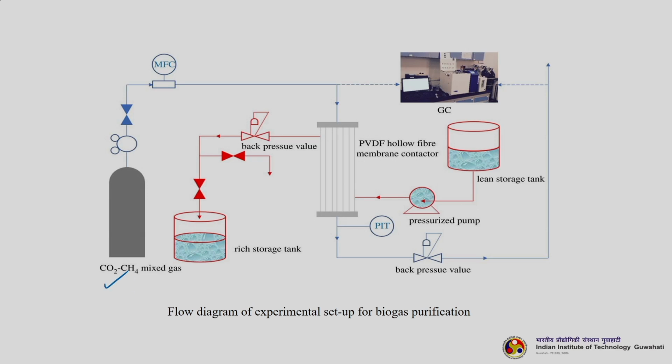You see the carbon dioxide-methane mixed gas is being fed to the membrane system, which is fitted with PVDF hollow fiber membranes. Then you can see the lean storage tank, the feed is coming here, and whatever comes out on the permeate side is collected here. The gas after removal goes through this one, then you can collect it here and measure it through the GC or HPLC system to find out the concentrations of both carbon dioxide and methane. It is a very simple operation actually.